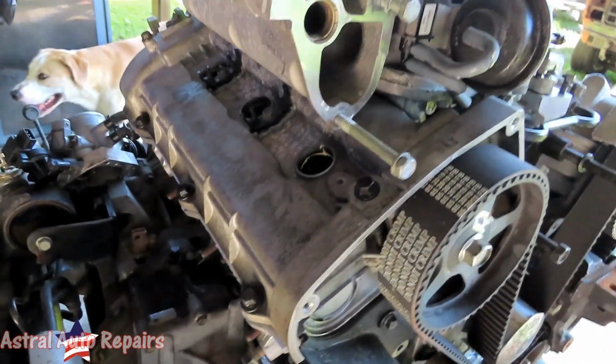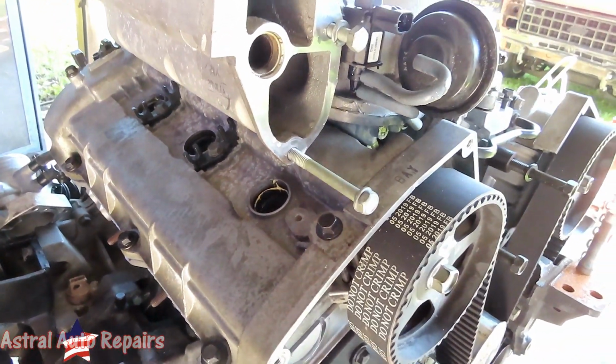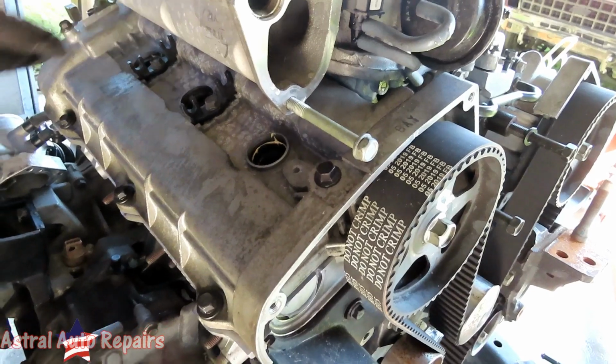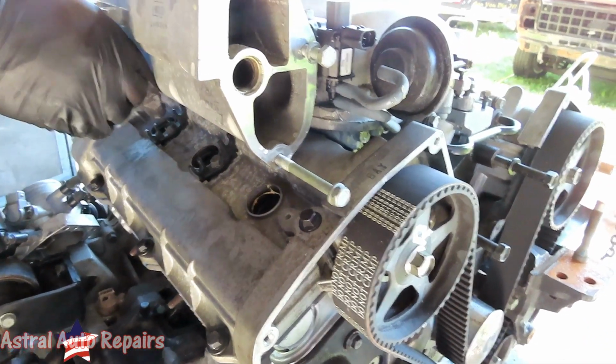Can't you do the spark plugs before you put the plenum in, so you have a lot of room? And before I put this one in? Yeah. You want to do that? I'm just asking. Can you do that? Yeah, you can do that, but...